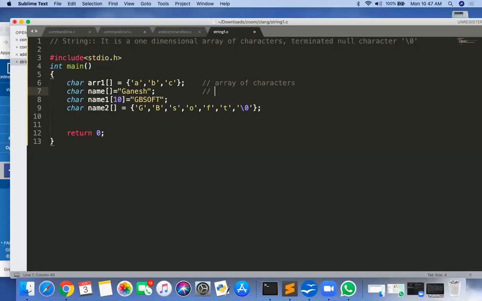So after h, \0 is automatically inserted. So what is this? It is a string. Remember that if you want to create a string, use double quotes. Double quote means it is a string. Here, tell me, it is also a string. But what is the difference between the first and second?